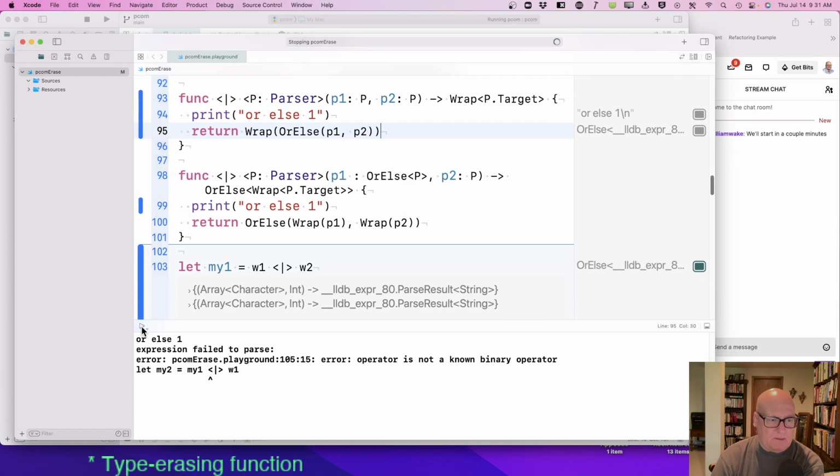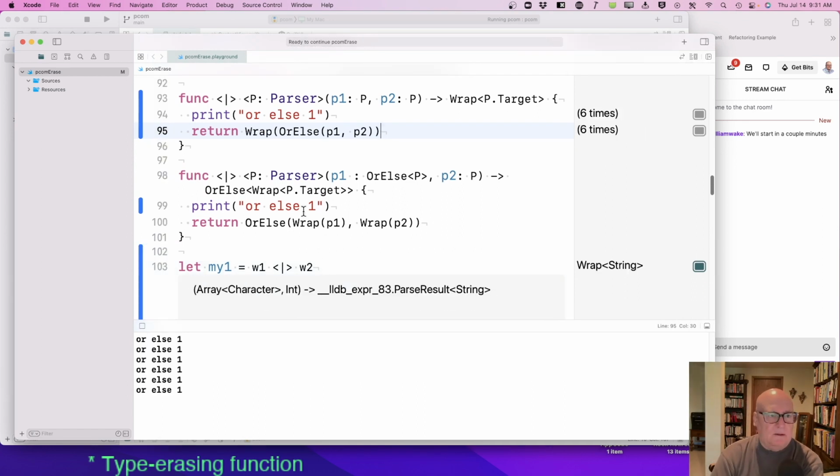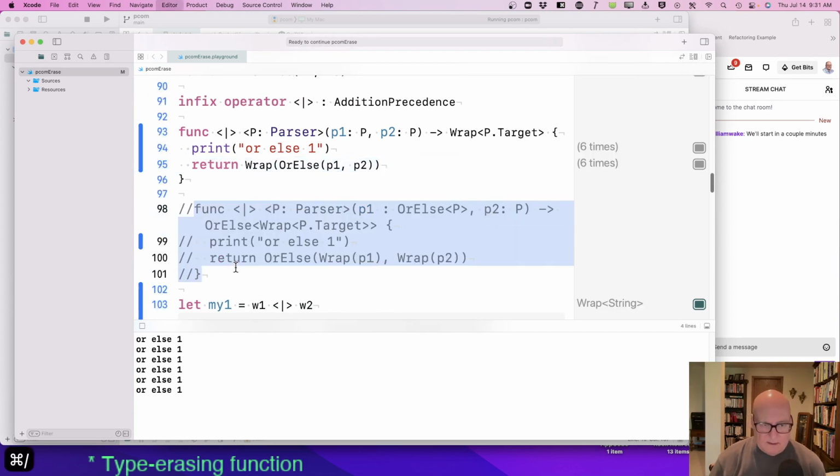Let's stop and run. Okay, that seems legit. Let's take this one out, because I don't think it's happening. Stop and run again. Okay.